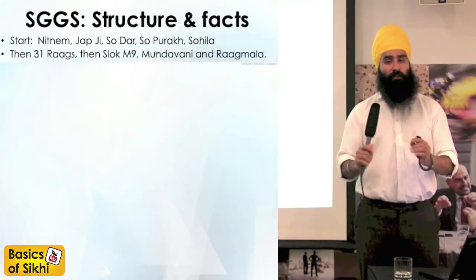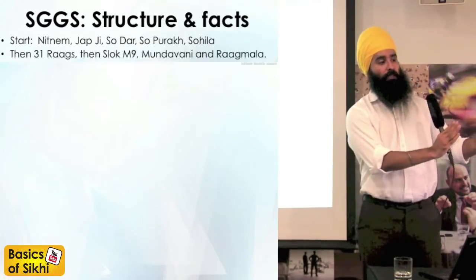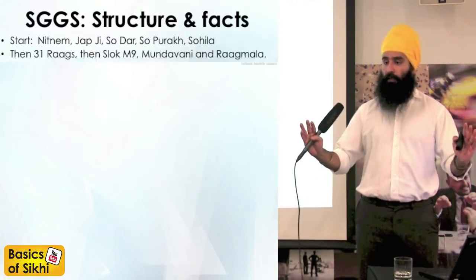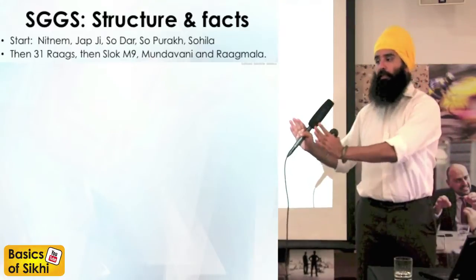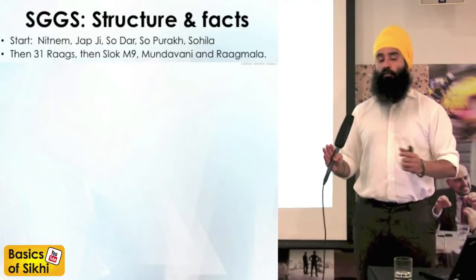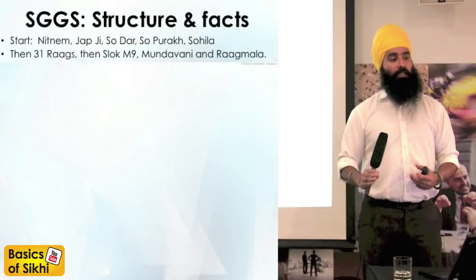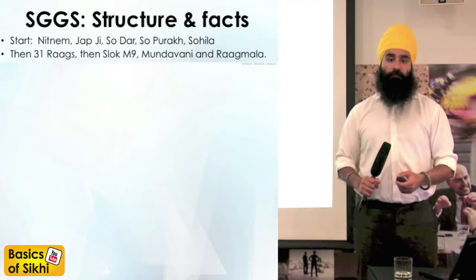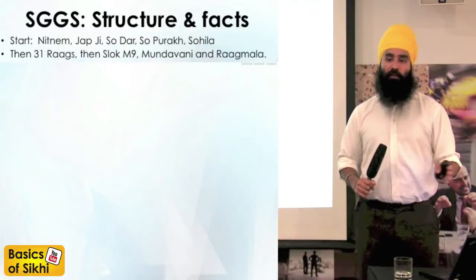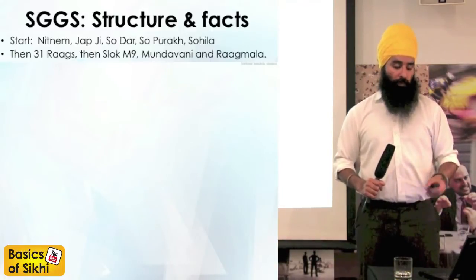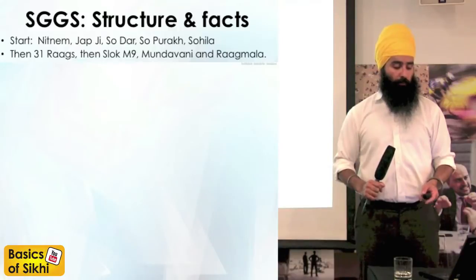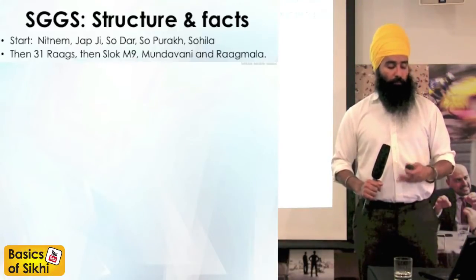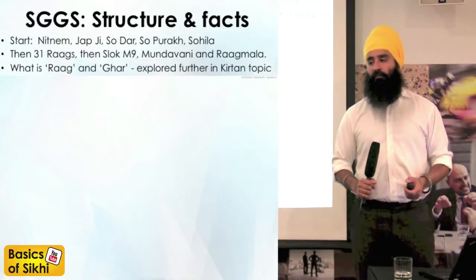So you can imagine, a big bit at the beginning, Nityanem, most of it, 31 sections, okay, are the Raags, and then you've got the ending, right? So most of Guru Granth Sahib Ji is divided by Raags, and it's meant to be sung in Raag, okay? And then you get at the end Raagmala. There's a video about Raagmala if you want to find out more about that. But really, it's not something worth arguing about. Point being is that we're going to talk about in the Kirtan topic what is Raag and what is this word. You must have heard like